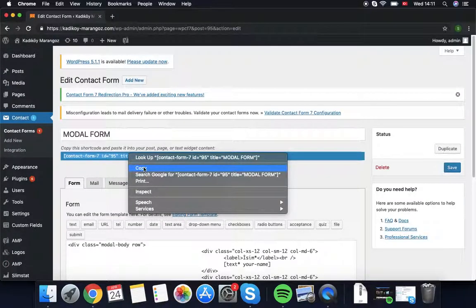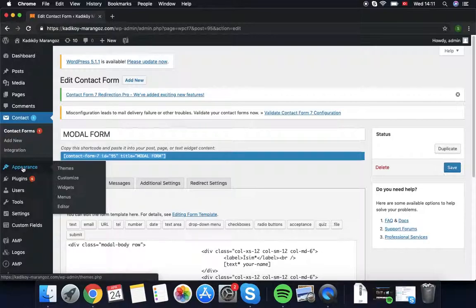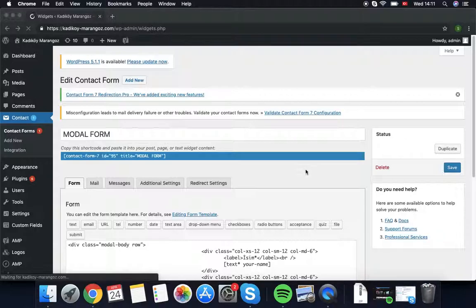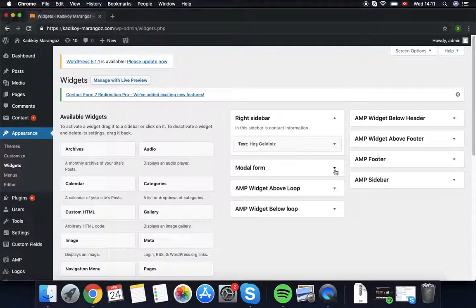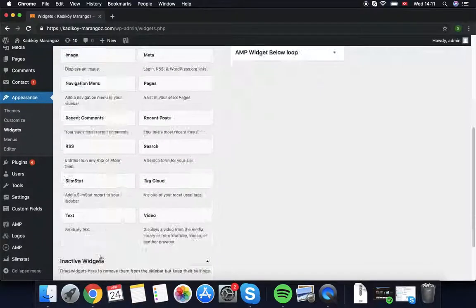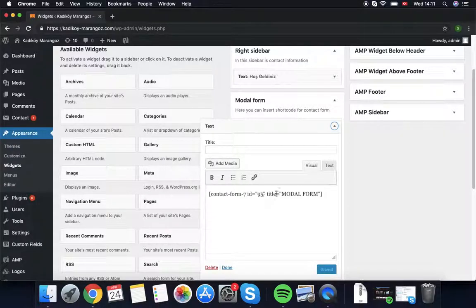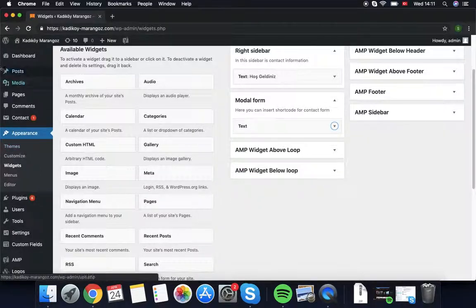In the model form, you still copy the code. You come to your widgets under appearances. You will see that we already have a model form here. So you need to drag a text field under it, and once the text field is there, you just copy the code you have here and you save it. This way your contact form settings are done as well. And once you have all your contact forms done, again, make sure that